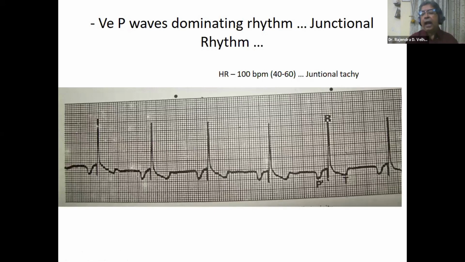So if you would have auscultated this patient without taking the ECG, what you would have heard is 100 beats. So it is absolutely normal for a dog. And thus, just by auscultation with the stethoscope, we could not differentiate that there is a change in the rhythm. So with the help of the ECG, we can identify and recognize the rhythm, and then the suitable therapy can be instituted wherever it is necessary.